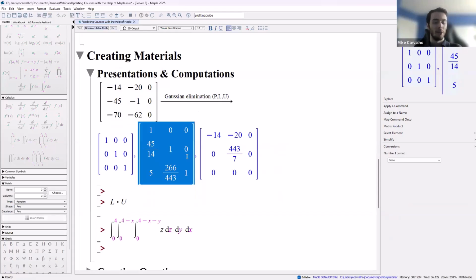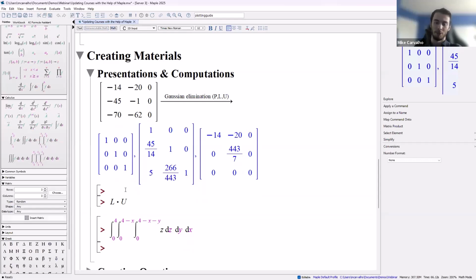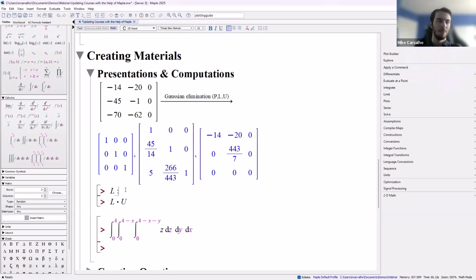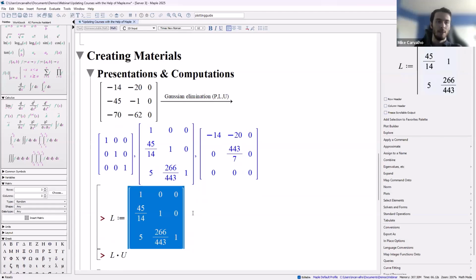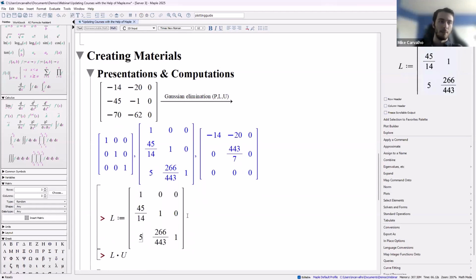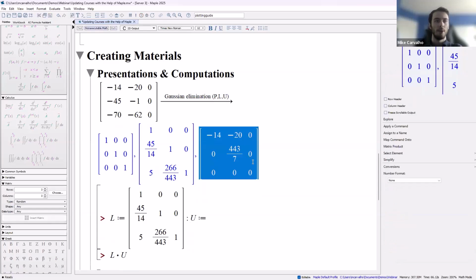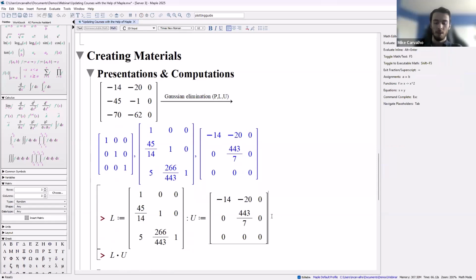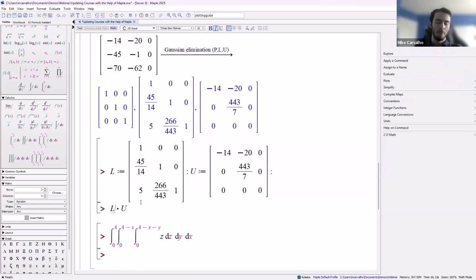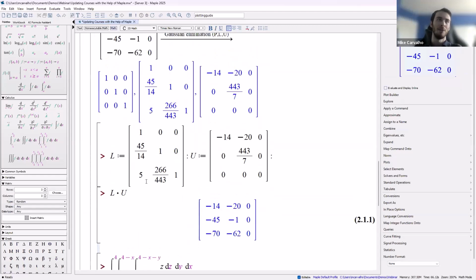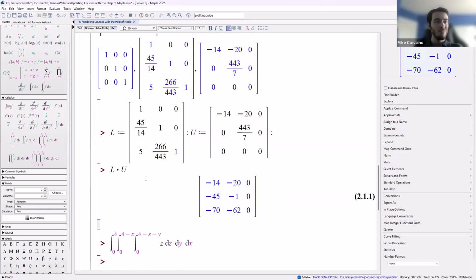And again, maybe I want to go a step further, and I'm going to copy this, just with Control-C on the keyboard, it's nice and easy. I can assign L to be the lower triangular one. I can assign U as well. And just to show you how simple it is, right? I assign those and then notation as you'd expect it, L.U. There we go. It gives me my original matrix back.